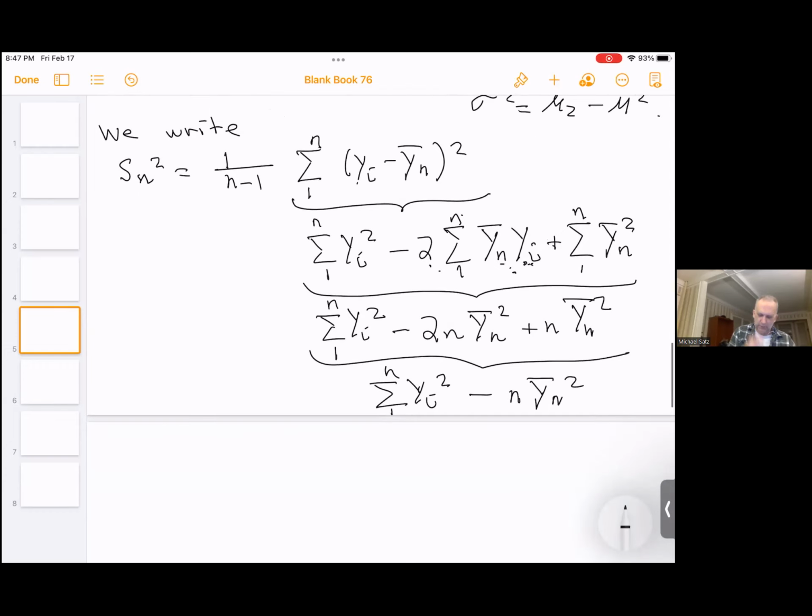Okay, so now Sn squared is equal to 1 over n minus 1 times this difference here. So let's write it like this. We want to correct that to 1 over n, so I'm going to write n over n minus 1, and I'll bring the 1 over n in here. I have 1 over n sum 1 to n yi squared minus, the n cancels here,